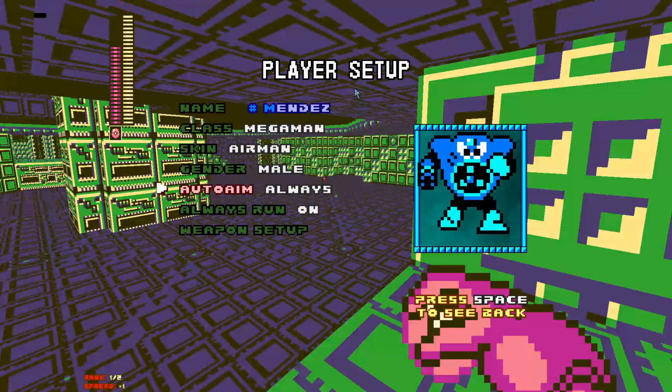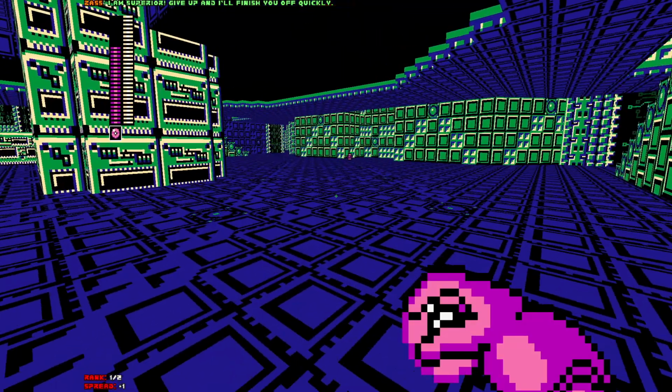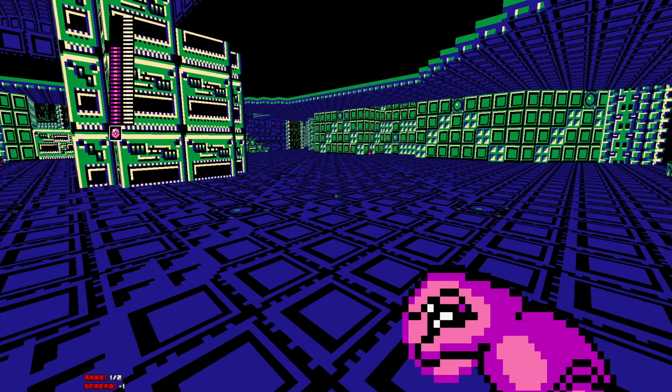I tend to keep this at never though, because again, I want to have full control of where my shots go. And if you want to have full control of where your shots go, I would recommend the same thing. But it's never a bad thing to ask for a little help in the game. So now that we've covered most of the looking options, we can move on to the next topic, which is